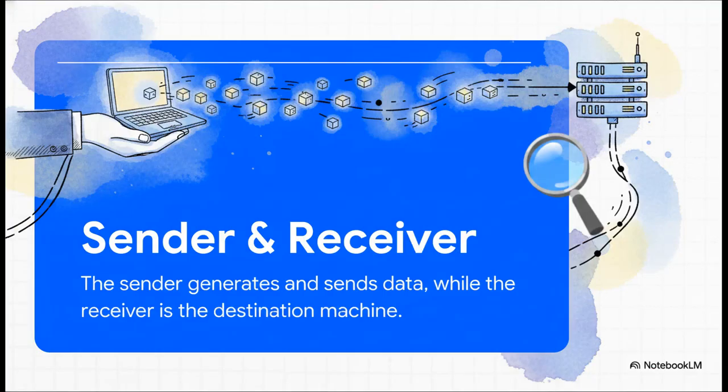So whenever we talk about a computer network, we're always dealing with at least one sender and one receiver. The sender is just the user or machine that's actually generating and trying to transmit a message. Let's just call it message M. The receiver, on the other hand, is the destination. It's the machine meant to actually get that data. But how does it get there? Well, obviously, it needs some kind of connection. Now, that connection can be a physical wire or it could be a wireless signal. But regardless of the medium, those packets of data absolutely must have a clear pathway to move from point A